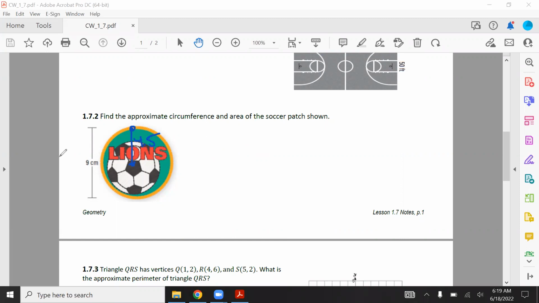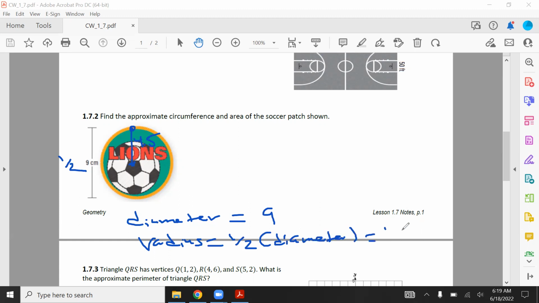That's because that's going to be half of 9. The diameter is the length from one end to another end of a circle, which they show as 9, but the radius is half the diameter, or half of 9,